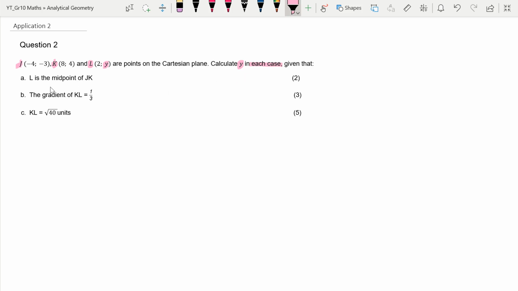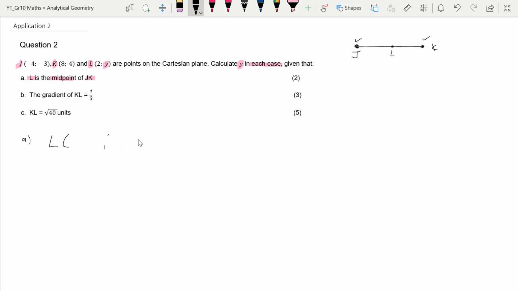For the first case, we need to find y if L is the midpoint of JK. So we've got a line segment, J and K, like that. So we've got JK, and they're saying that point L is exactly in the middle. Okay, we can do that because we've got all that information. We've got coordinate J, we've got coordinate K, and we need to find the midpoint. So for A, is the midpoint